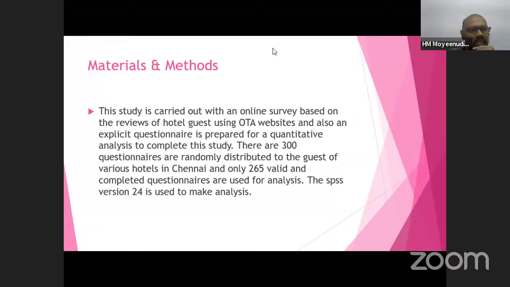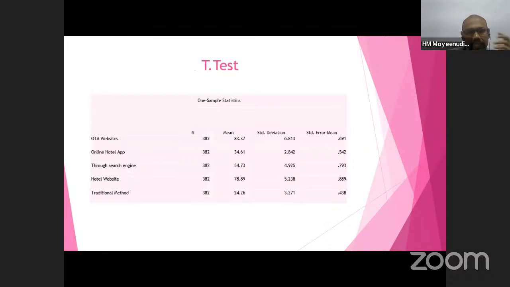Materials and method: this study is carried out with an online survey based on reviews of hotel guests using OTA websites, and an explicit questionnaire is prepared for a quantitative analysis to complete this study. Around 300 questionnaires were randomly distributed to the guests of various hotels in Chennai, and only 265 valid completed questionnaires are used for analysis. SPSS version 24 is used for this analysis. The t-test result shows